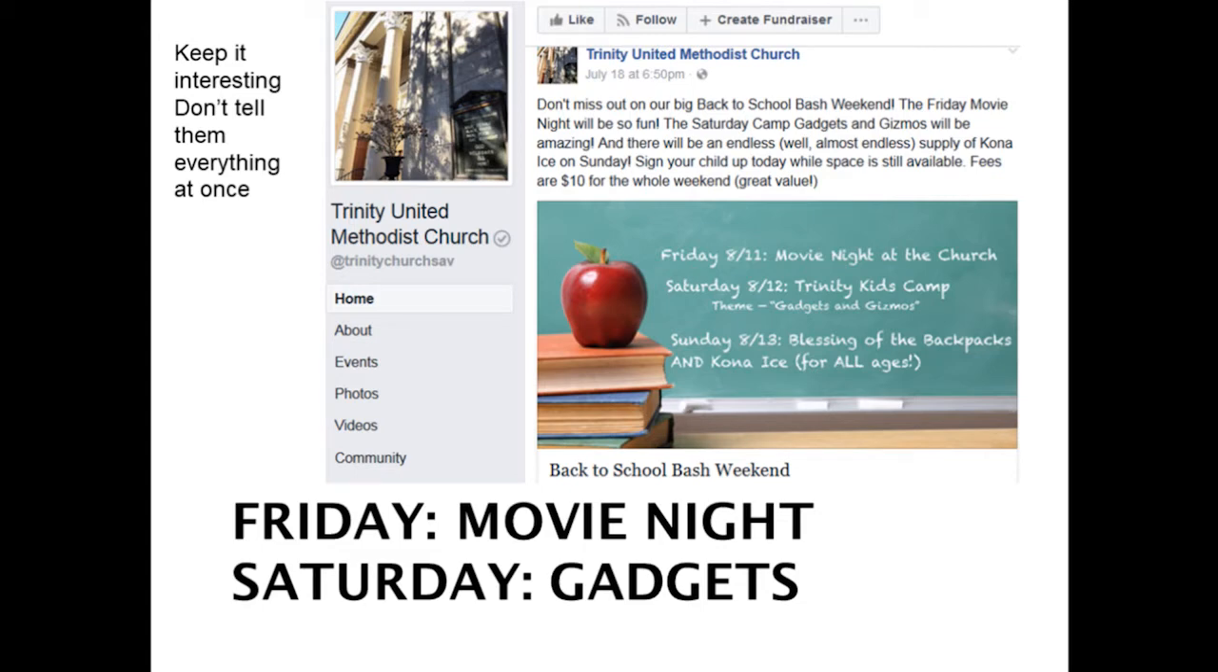Trinity United Methodist Church, I haven't seen all the posts leading up to this post promoting the event. In this particular event, they've listed a few different things. They've got Friday, movie night, Saturday gadgets, and then they talk about Kona Ice as one of the last things that you'll find there. This is fine to put all that out there, but if you take all of your information, you put it out there all at once, you may be struggling to come up with new and fresh